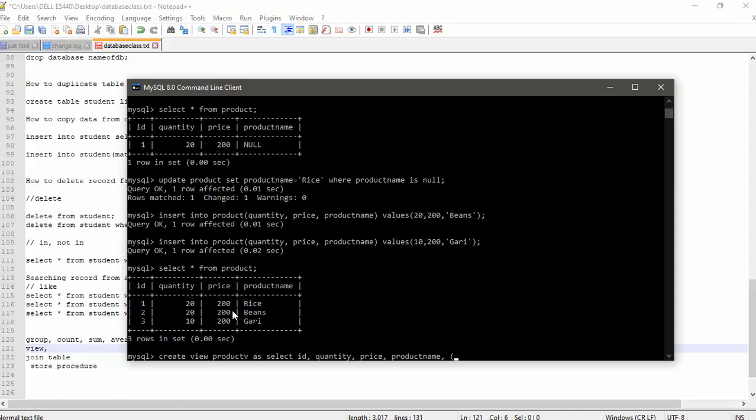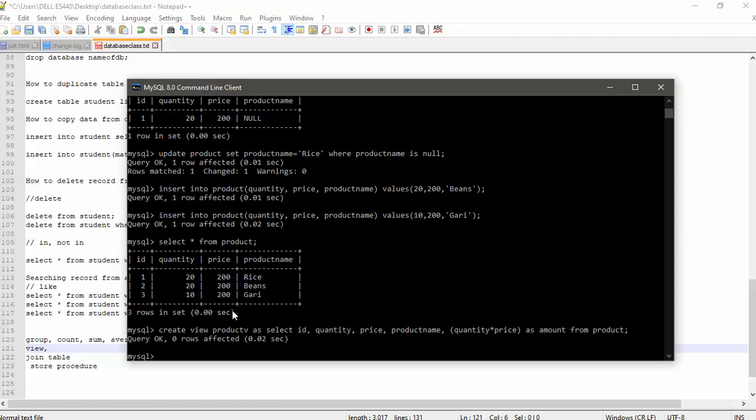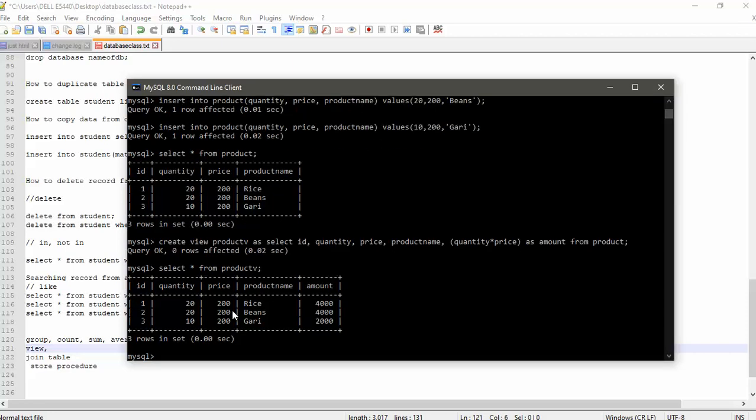I can now say quantity times price as amount from product. You understand? If I select from product V, this is so even if I now insert more, let me call it